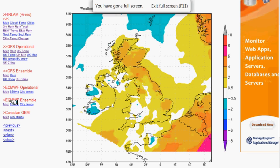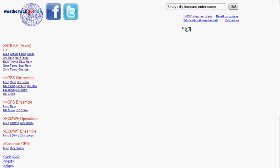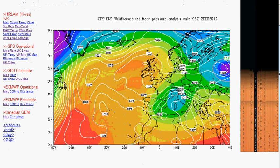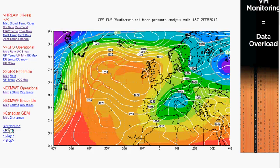Also, just wanted to show the comparison between some of the charts. We've seen there the GFS operational. Let's just have a look and see what the ensemble has to show for itself. You can get this chart by going up to weather charts here on the Weather website, and it brings up the ensemble, the GFS ensemble. Scroll through those. The date is here in the top right hand corner, and as we go through them, what